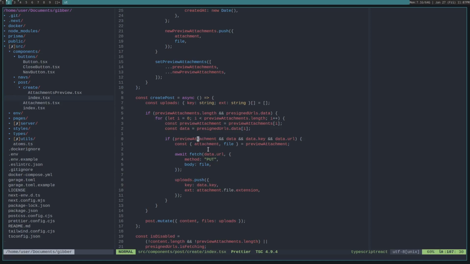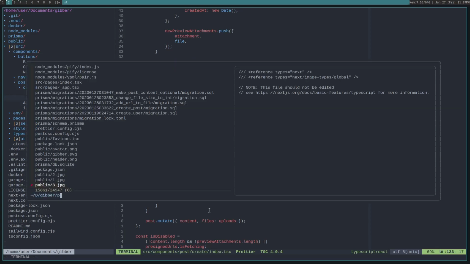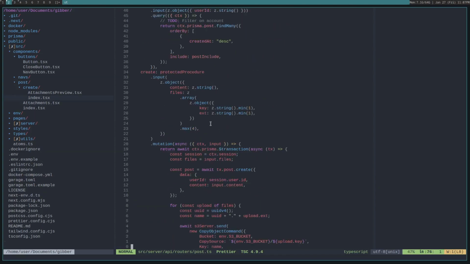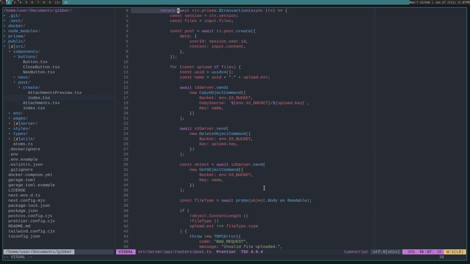And then we say if the preview attachment is there, along with if the data, the pre-signed URL, key, and URL are also there, then extract the attachment and the file from the preview attachment, upload the image, and then push the data that we just uploaded into this uploads, and then we call the mutate tRPC route, or create route, on that, and that is in post.ts. So it just calls this create route, and it just goes through and basically just inserts the post into the